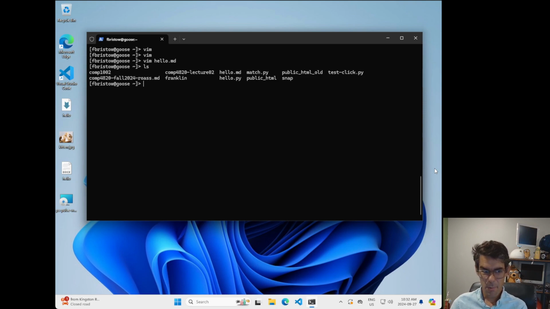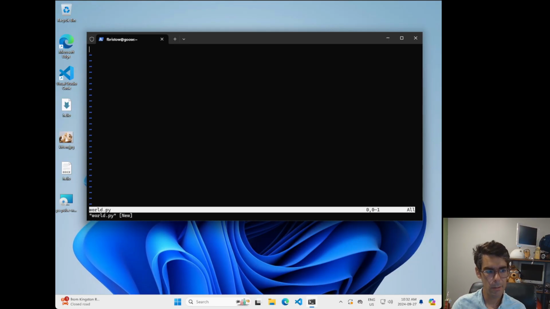One of the things that we pretty commonly want to do with Vim is copy and paste stuff into Vim. So I'm going to open up Vim one more time here, and I'm going to open up a new program that's called world.py. So I'm going to open up something that's going to be a Python script. In Python scripts, white space is important. So things like tabs and things like enter or blank lines between things are a really important part of the